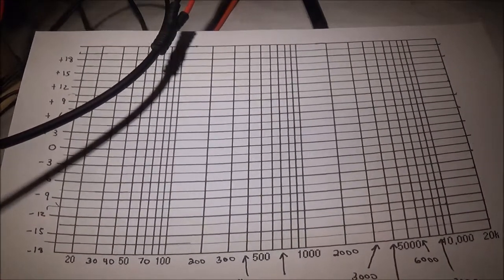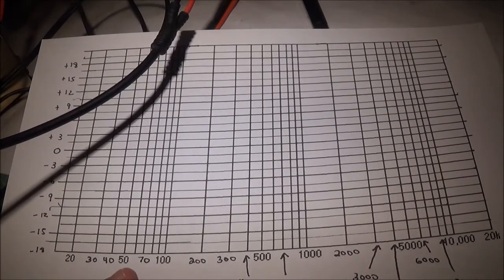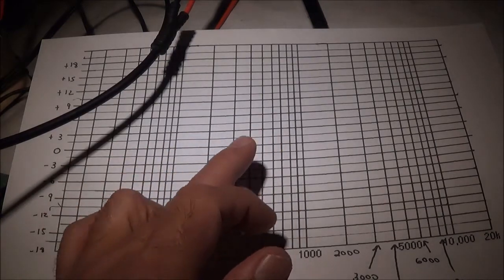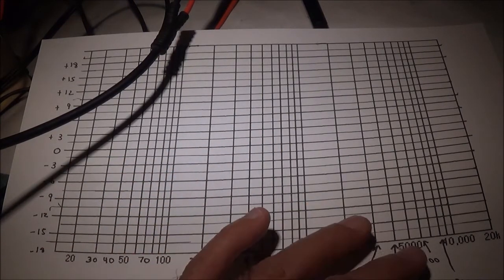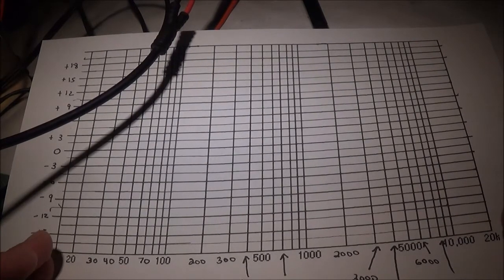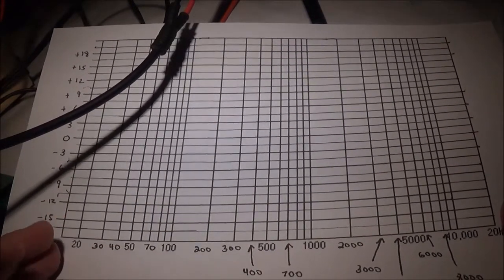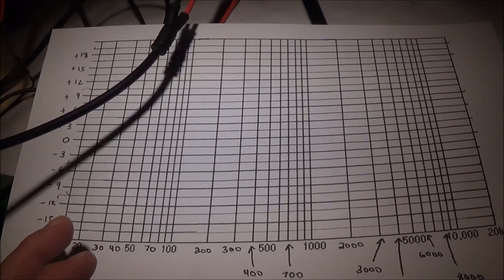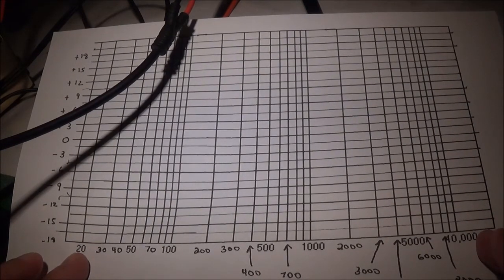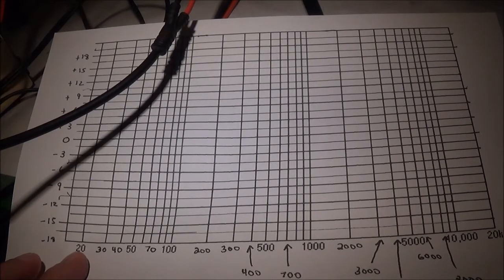Now this receiver I looked up is rated from 5 to 100,000 hertz, plus or minus 3 dB, 3 decibels. My chart doesn't go that far, and since basically the range of human hearing is from 20 to 20,000 hertz for those that have good hearing. For those that are older, it's going to be somewhat less. What I'm going to do is measure from 20 to 20,000 hertz, and then just for fun take one measurement